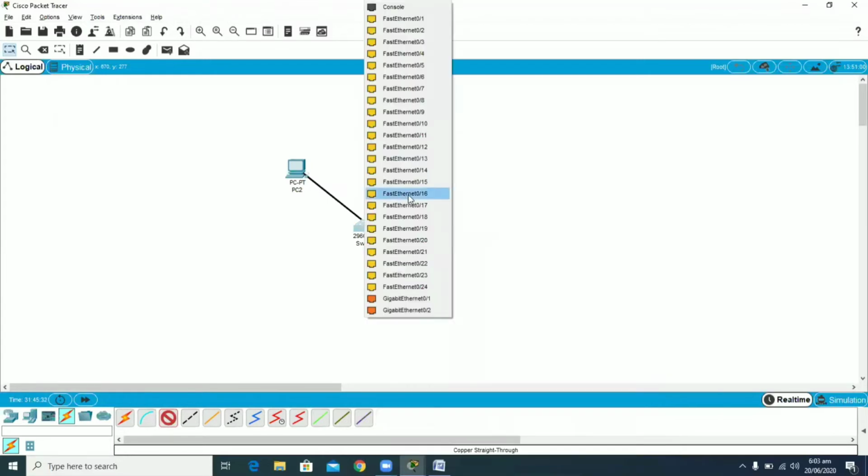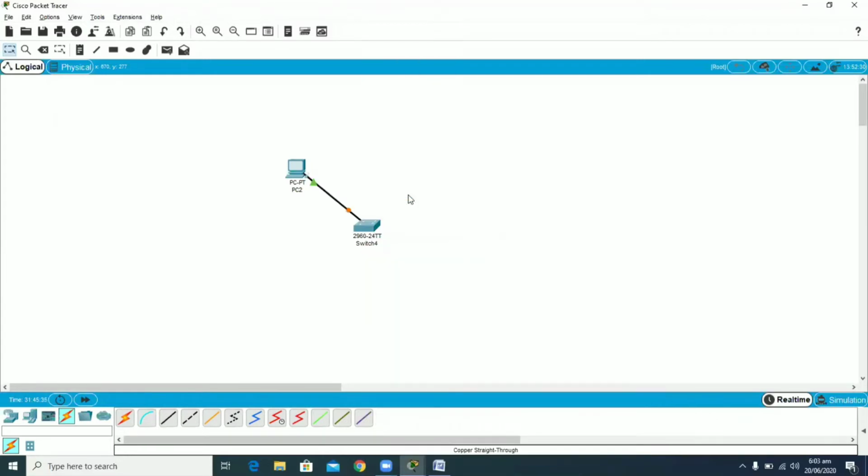So I am attaching to any of the Fast Ethernet ports available to me, and this link will take nearly 30 seconds to turn up because of the spanning tree protocol that we will be learning in our upcoming labs, the STP and the RSTP, the MSTP protocol, etc. So we have to wait nearly 30 seconds so that this link becomes up. Now this link is good to go.